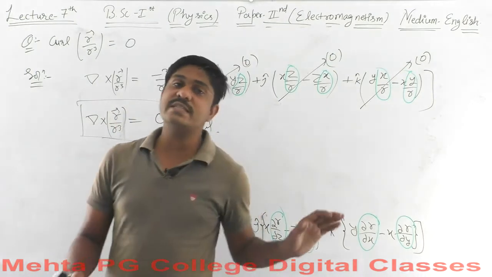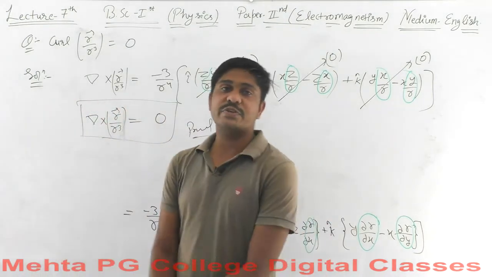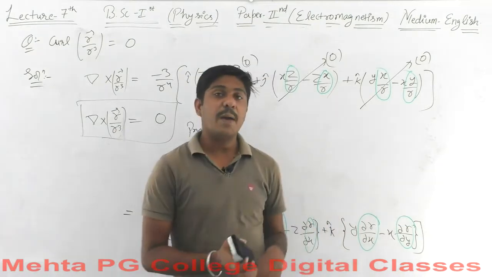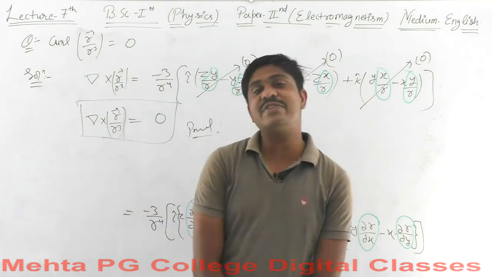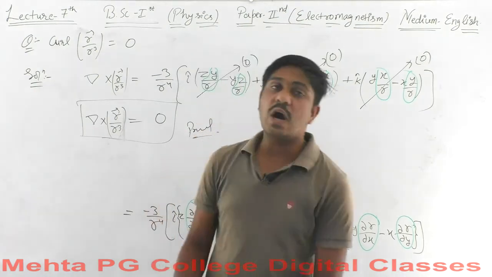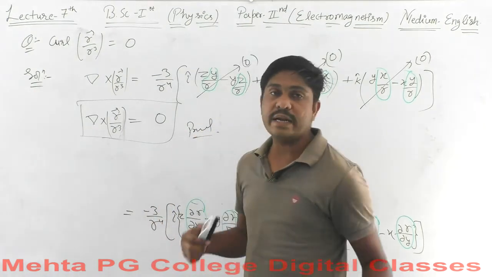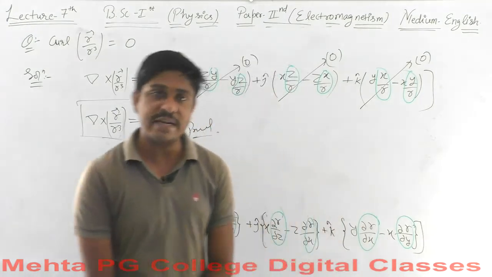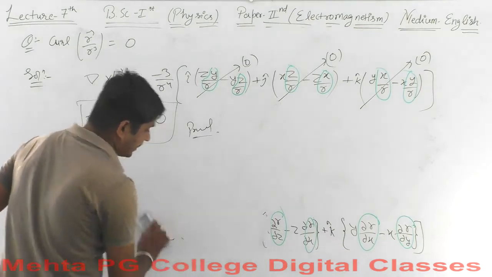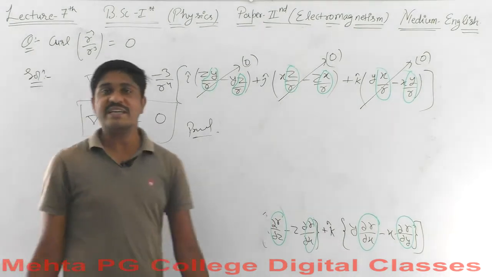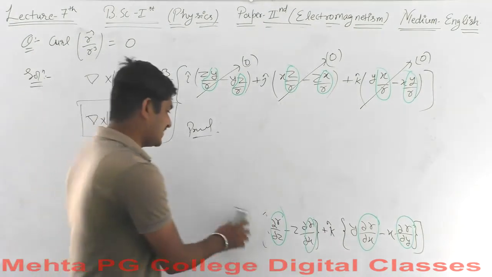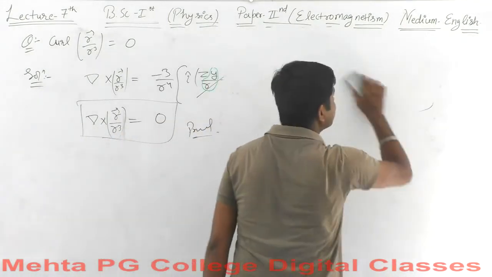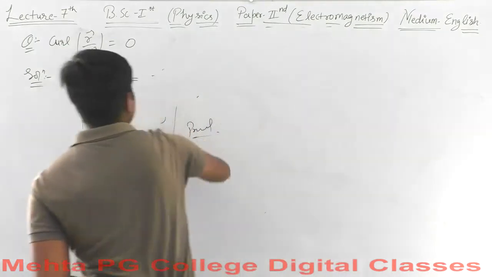Again, this is all for the calculation for gradient, the calculation for divergence and the calculation for curl. But now we are going to deal with some vector identities. How the vector identities are formed, how they are proved and how these identities are calculated, let's check it out. First of all, according to our tradition, let me clear this off and then we will proceed further.